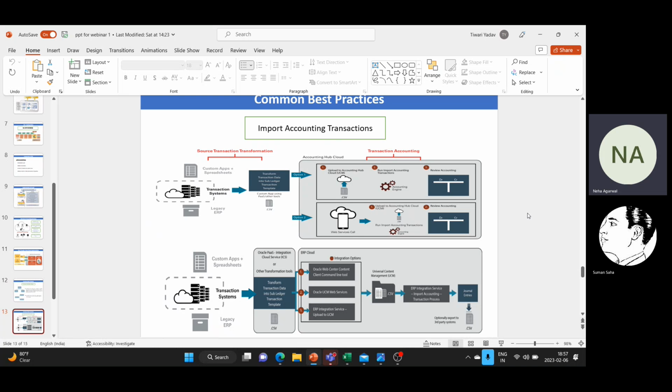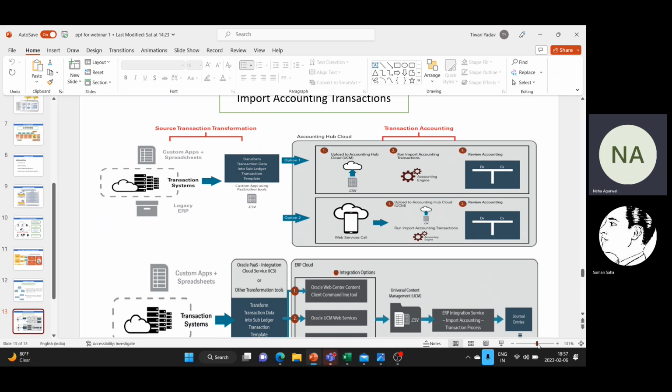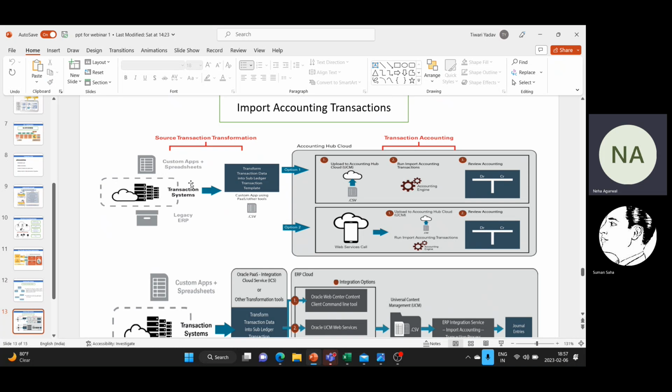Option 2 displays the automated import process. So this is our import process. Let me just zoom out. So see, this is the source transaction transformation. Then transform the transaction data into the subledger transaction template. Okay, then in option 1, we upload to